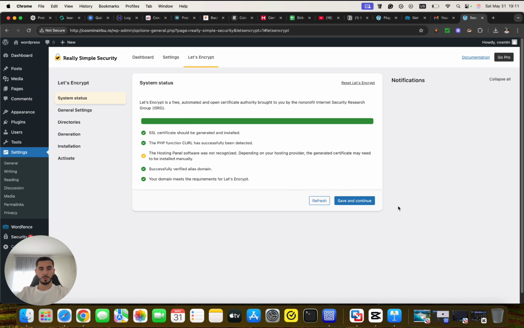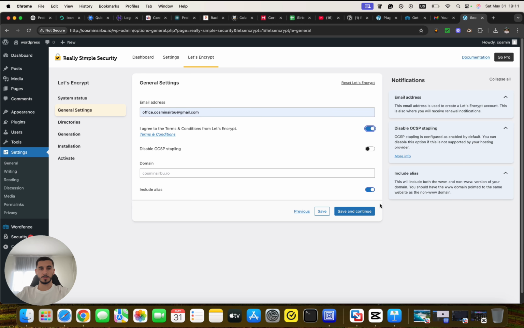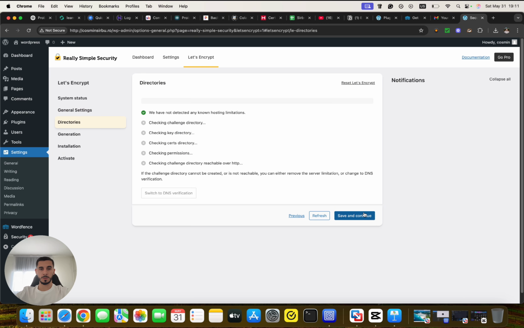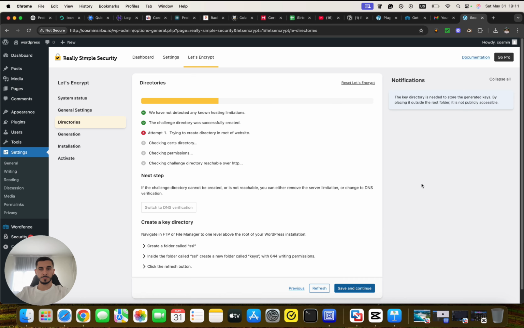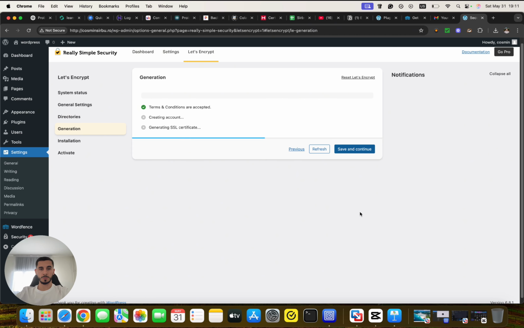We need to be all green, but that one is not green because this hosting panel software was not recognized. I will save and continue. Here my email. I will agree to the terms and conditions, save and continue. Everything is green, save and continue. And the last step,